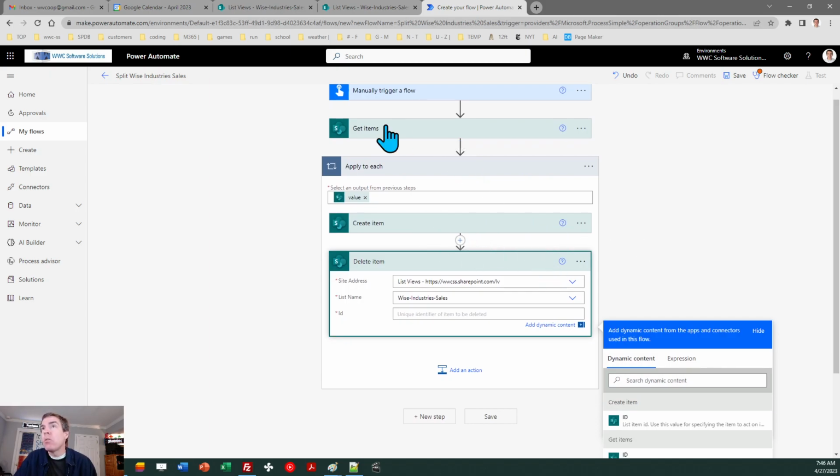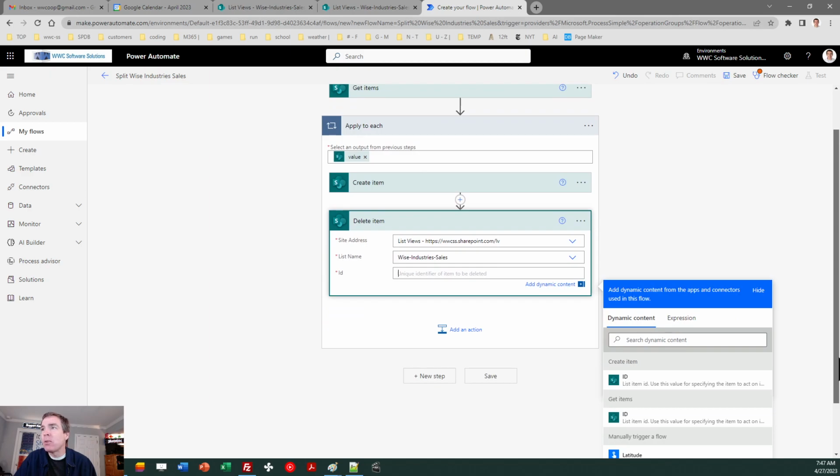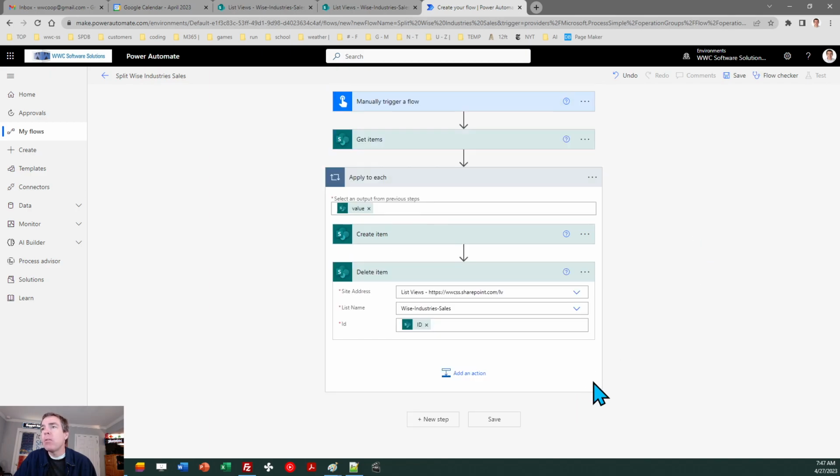So this get items is pulling back all of the records from the original list. We need the ID from that because that is what needs to be removed. So make sure you do not do what I was getting ready to do. Make sure you pick the ID from get items, okay? And that's everything. I can go ahead and save,